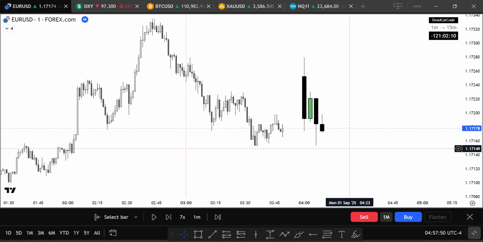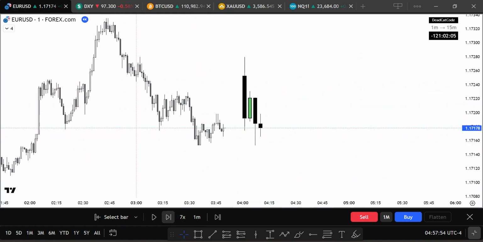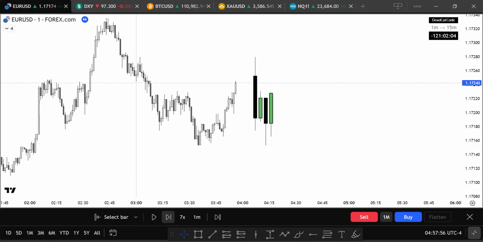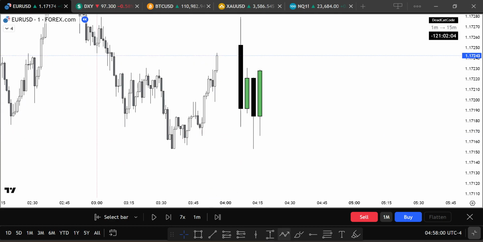You can see price just keeps going down. There's no confirmation for the buy entry, right? You just have to wait to see a bullish candle. Okay, so here you can see